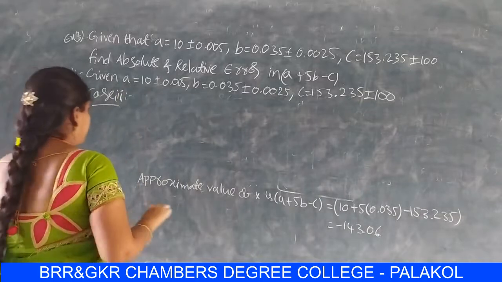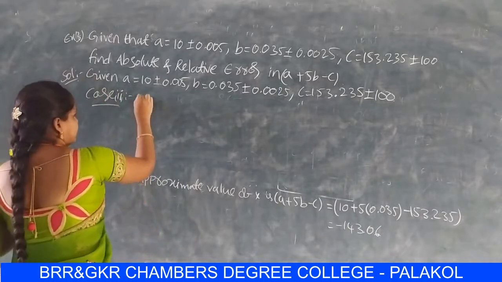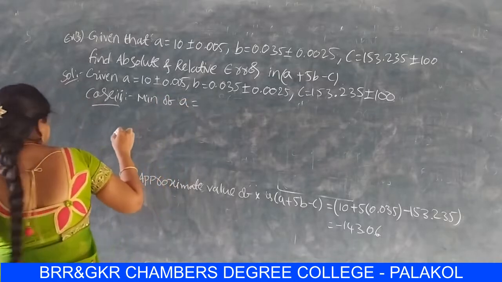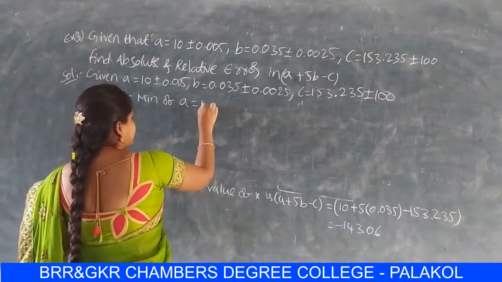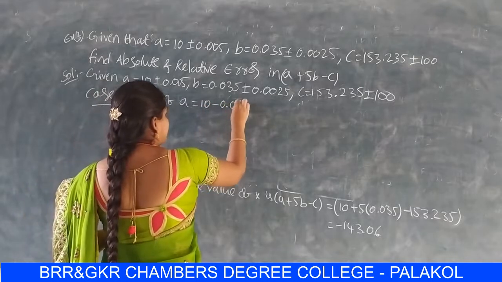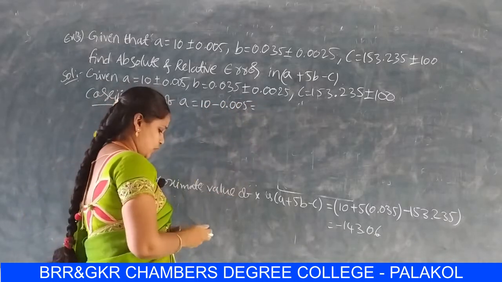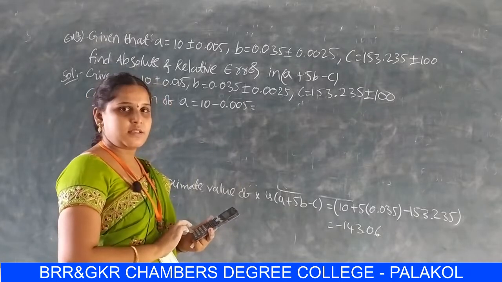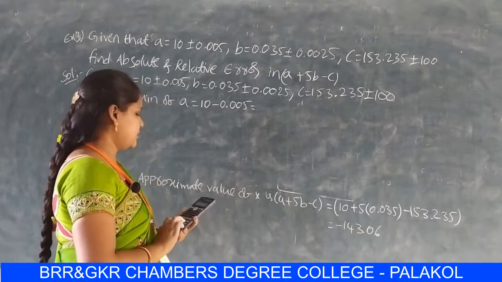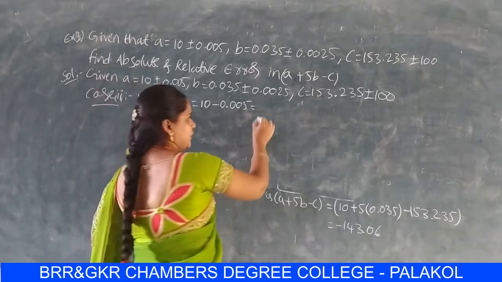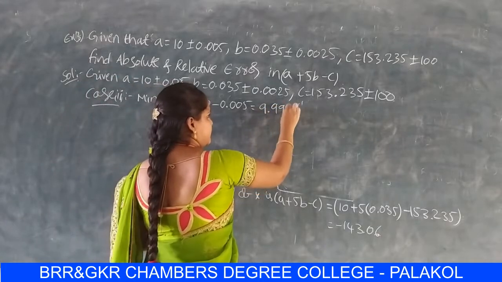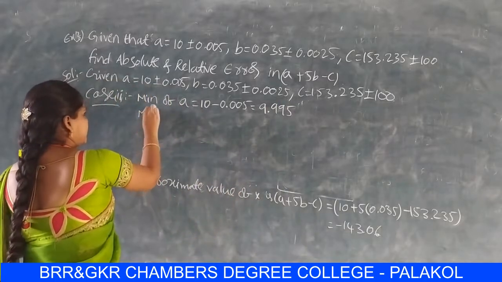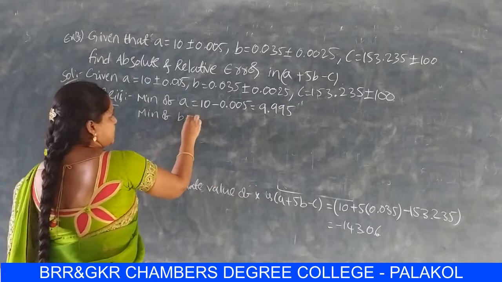Now case 2 is minimum of A is equal to 10 minus 0.005. We calculate this value on the scientific calculator, 10 minus 0.005, so this is 9.995, and minimum of B is equal to